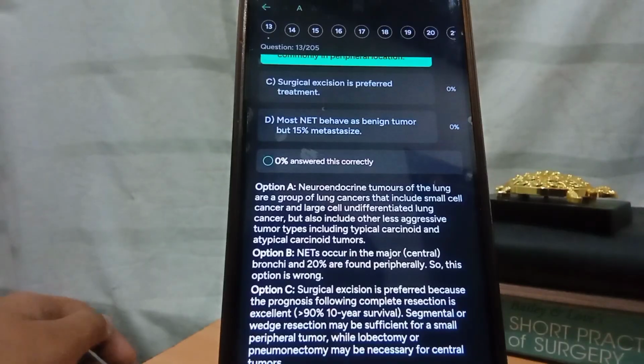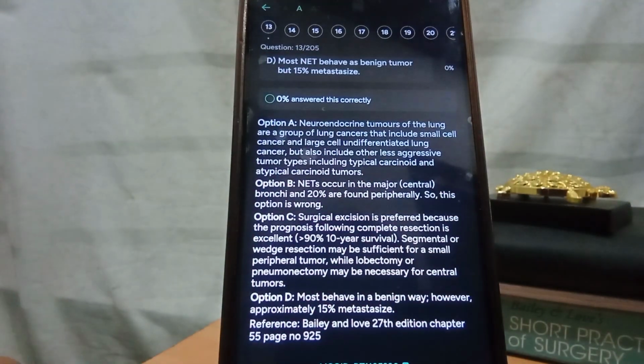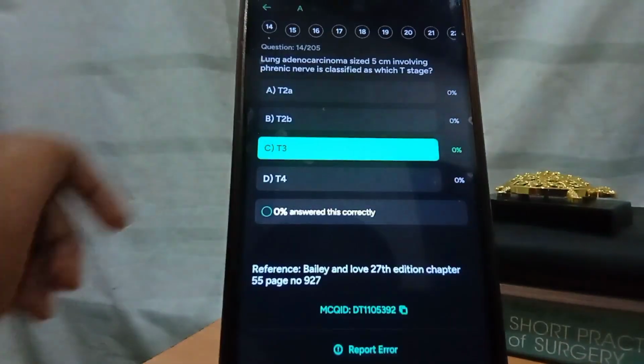Then the fourth one is most neuroendocrine tumors behave as benign tumors but 15% metastasize. So it is written most behave in a benign way, however approximately 15% metastasize. So now